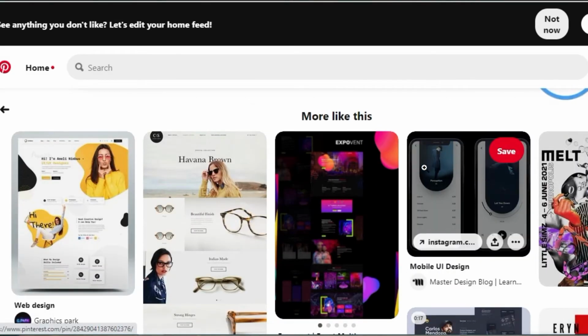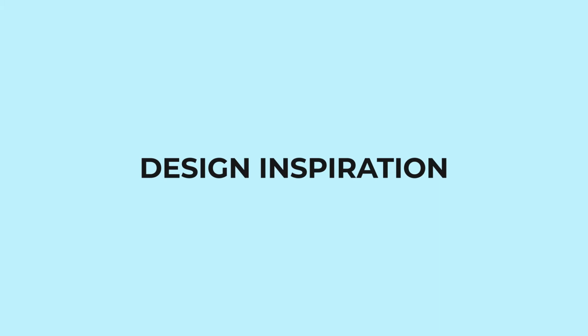Now let's move on to the third website you can also find design inspiration from, and at the end of the day you have a lot of website design inspiration and you have no problem with finding design inspiration from website. Let's go. The third website you can explore for design inspiration is Design Inspiration. Isn't that interesting? So Design Inspiration is one of the websites you can just jump onto to get a lot